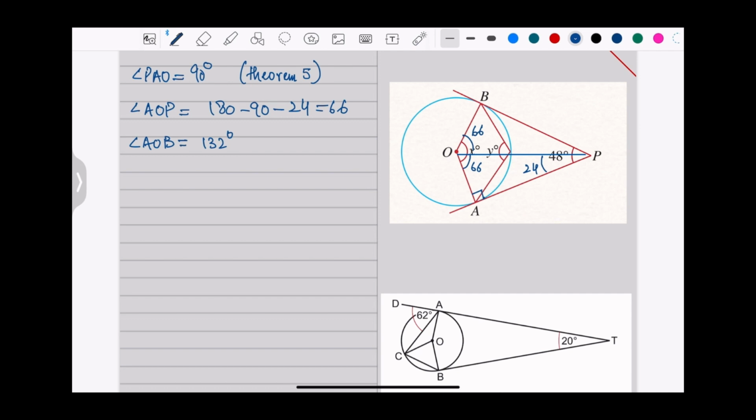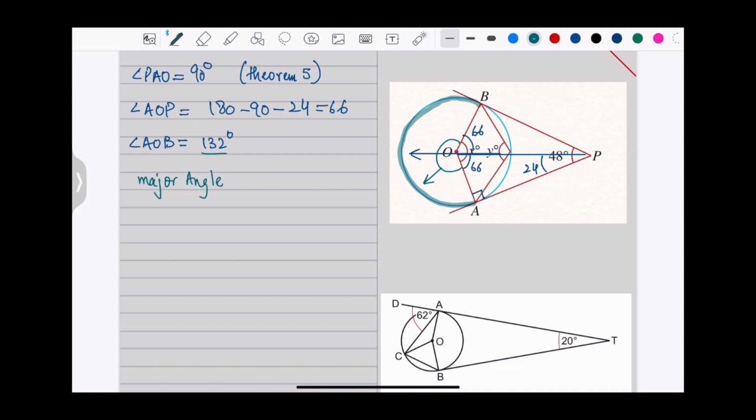Now for angle Y, look at this arc. So Y is at the circumference facing this arc, and at the center the same angle facing this arc is this. And how do I find that? I can see the whole rotation is 360, out of which I can subtract 132. So the major angle,